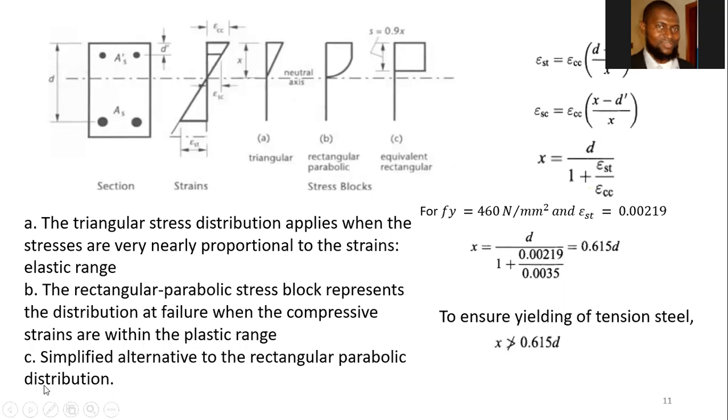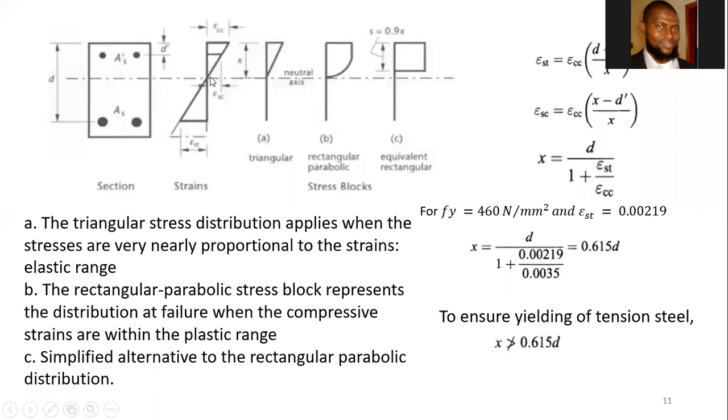So this is the explanation that we have here. Now, if you use similar triangles here, if you want to determine the strain in the steel, that will be epsilon_st divided by d. From the neutral axis where my cursor is to the middle of the steel, that depth is d minus x, because from the neutral axis to the top is x, and from the top to the steel is d. So this section is d minus x.